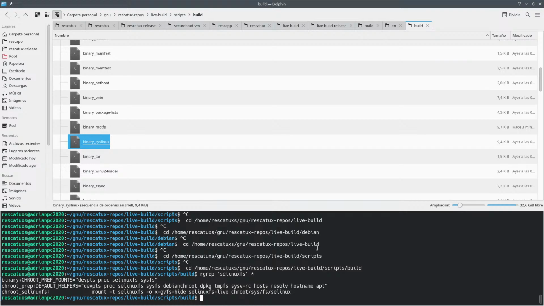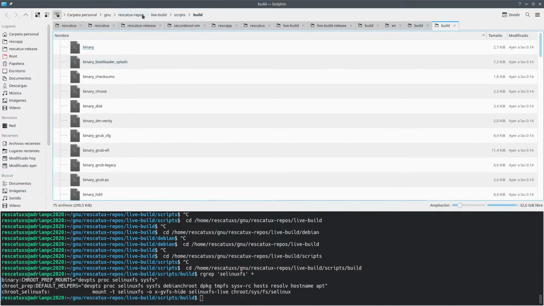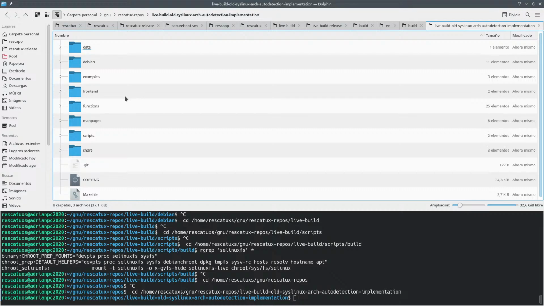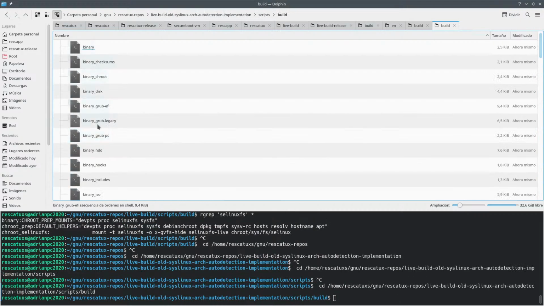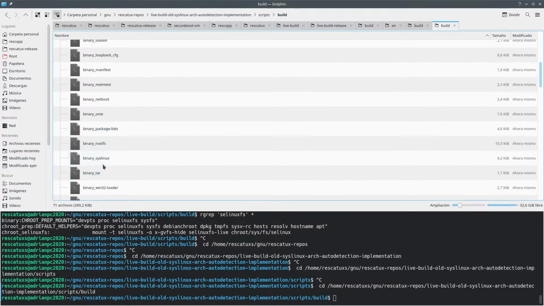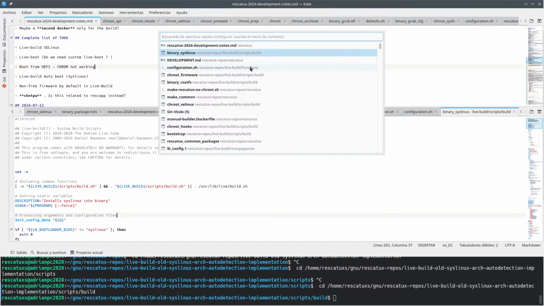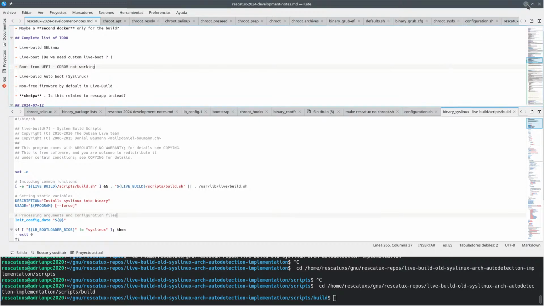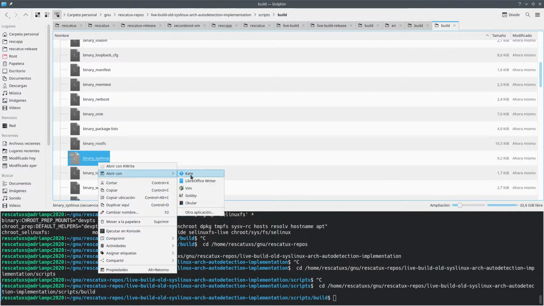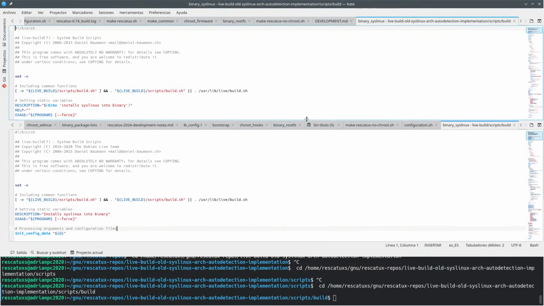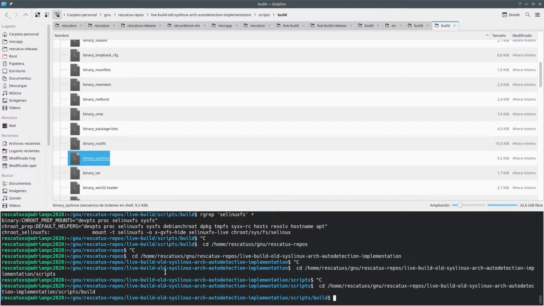And if I go into the other directory, I should be able to also have the binary Syslinux thing. I want to have it, but on the top. Yeah, here it is. We can actually compare both of them to see what's going on,